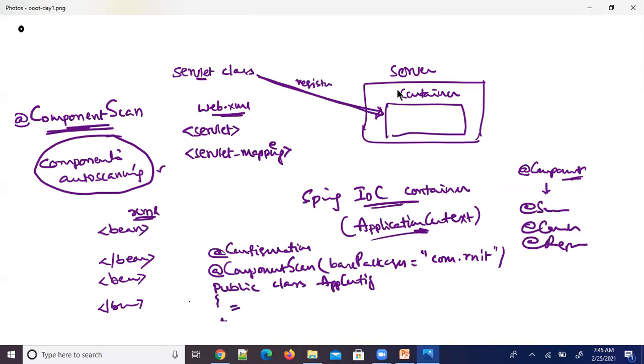Of course, I'll tell you more on this. For the time being, I'm stopping here, but I'll talk about this components auto scanning once again with the @ComponentScan annotation next. Tomorrow I'll also talk about @Primary annotation and @Bean annotation. These are all the basics I'm going to cover in the session next. For the time being, here I'm going to stop, and we'll continue in the tomorrow session.